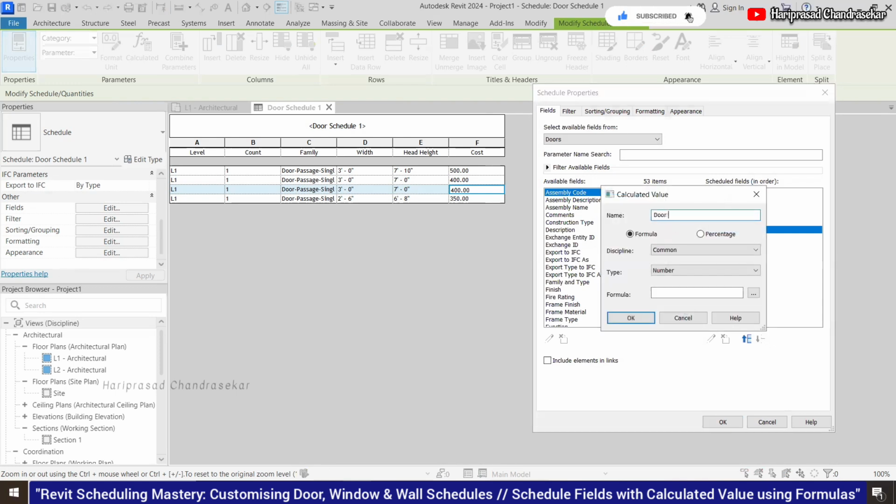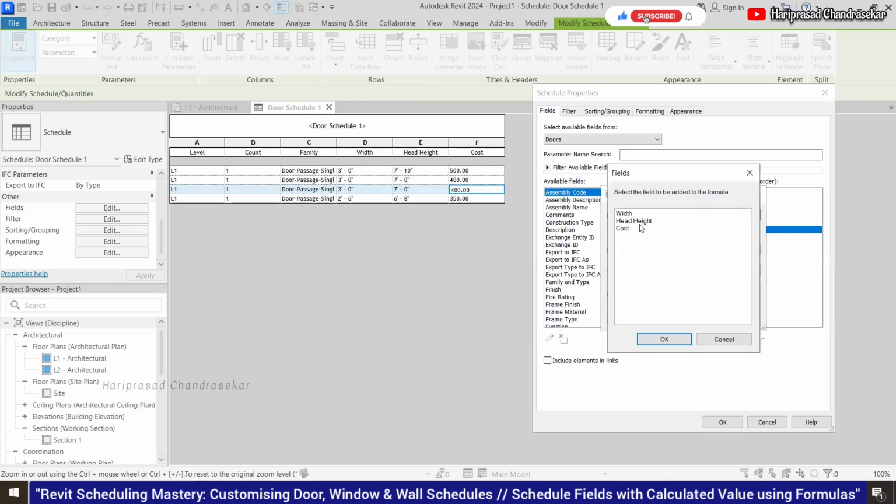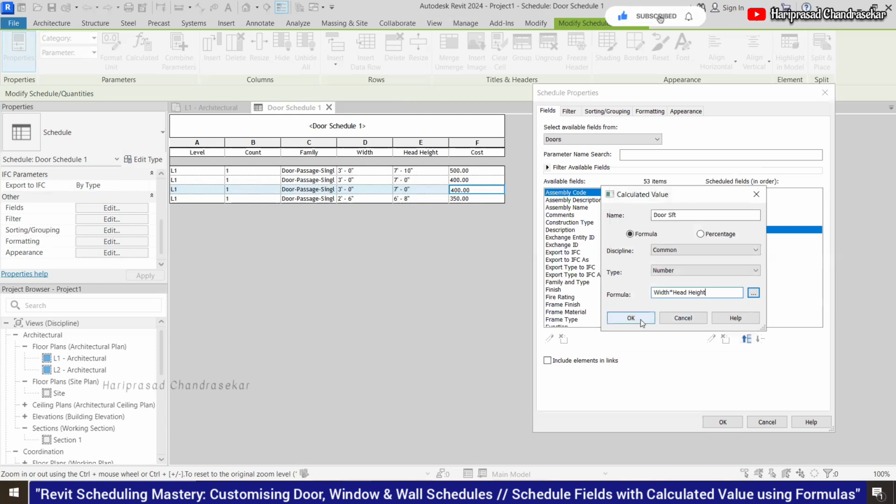Then we can put door SFT, then formula, so common number. Then you can use it with the into symbol, then height. Then click OK. Inconsistent unit. So what you can do is put equal, then click OK. Still inconsistent unit.